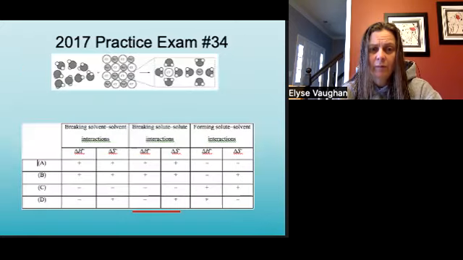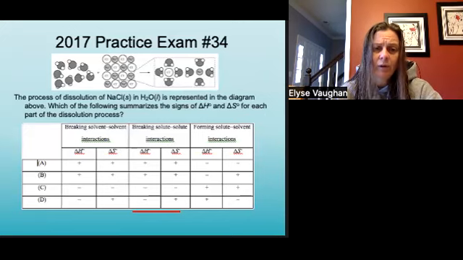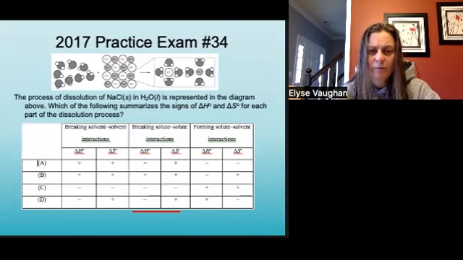Okay, so let's just do a couple of quick practice problems. So this is from one of our practice exams. And the question says, the process of dissolution of sodium chloride in water is represented in the diagram above. Which of the following summarizes the signs of delta H and delta S for each part of the dissolution process? So we know that breaking solvent to solvent interactions, breaking those attractive forces between the water molecules, is going to require energy. But we're pulling the molecules farther away from each other, and so that is also going to increase the entropy. And breaking the solute to solute interactions, again, is going to require energy, but it's going to also increase entropy. And when we form those solute to solvent interactions, so those attractive forces between the water and the ions,